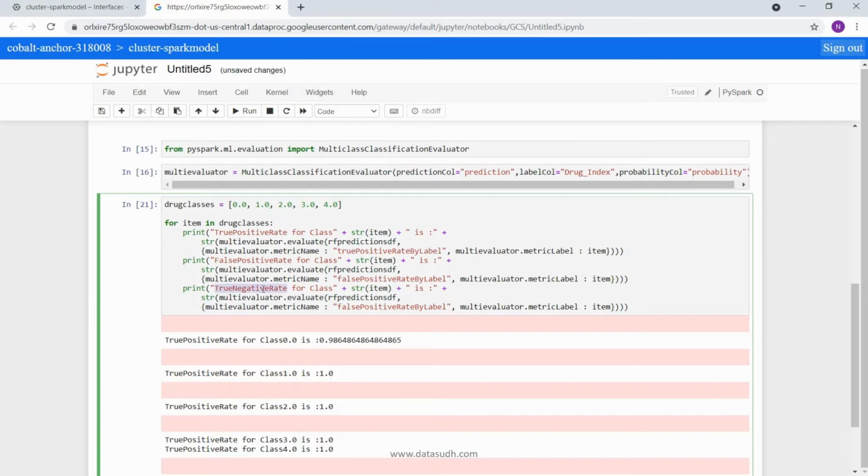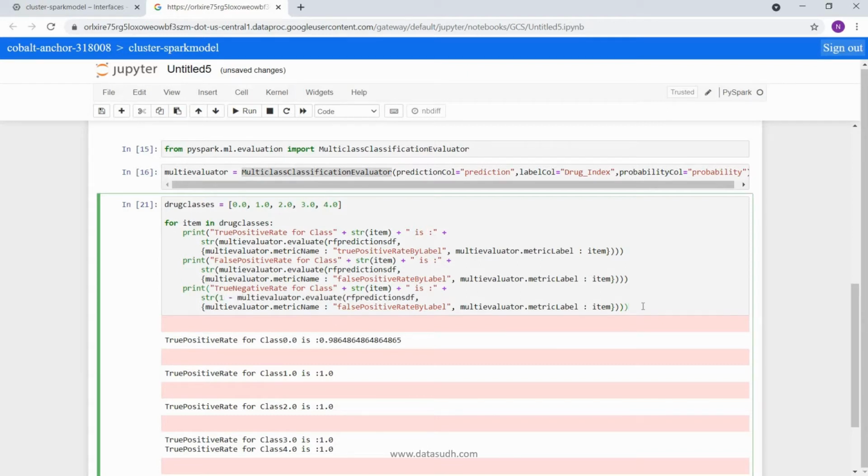Now for true negative rate, this particular method does not have a direct attribute because we can calculate the true negative rate as 1 minus false positive rate. So whatever we have done in false positive rate, we will take it here, and we are going to do 1 minus.